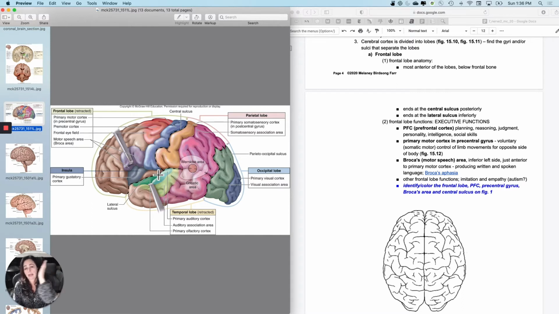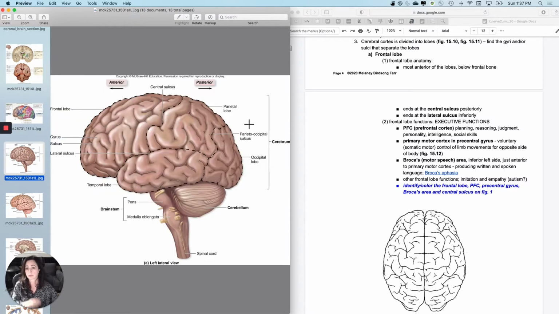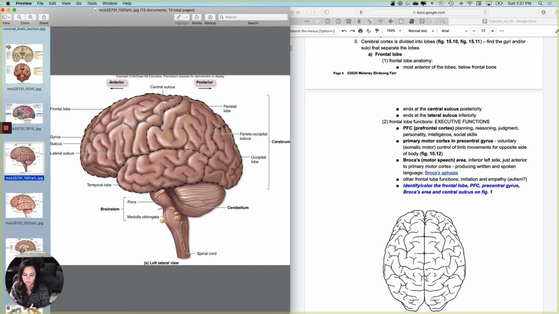And everything anterior to the central sulcus, and you're seeing it right here, is considered the frontal lobe. And it's a much bigger area than just your frontal bone. So here's your central sulcus, and everything anterior is considered your frontal lobe. Now, not this region right here, because this region right here is actually your temporal lobe. So this is actually putting all of the relevant sulci in there. So let me show you just to make sure you can see it really well. Okay, so